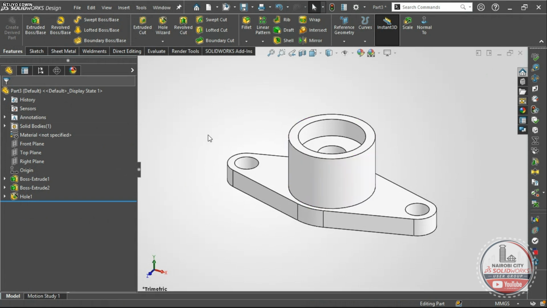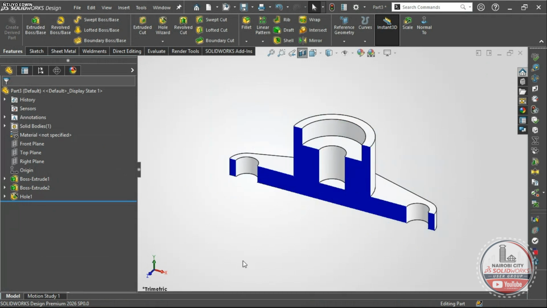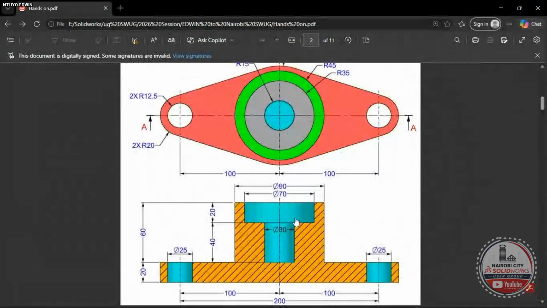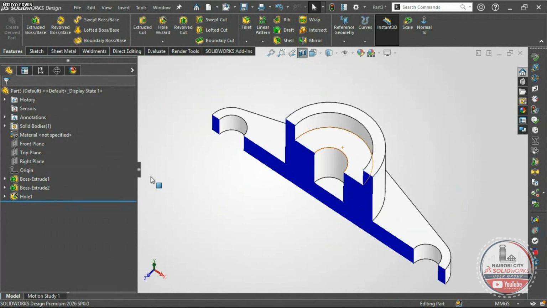When I go to my section view, you find that I have it like this, and it's only being reflected over here that is shaded blue. However, for my case, it is this one here that is not shaded blue. So you can minimize all that by utilizing what you call the